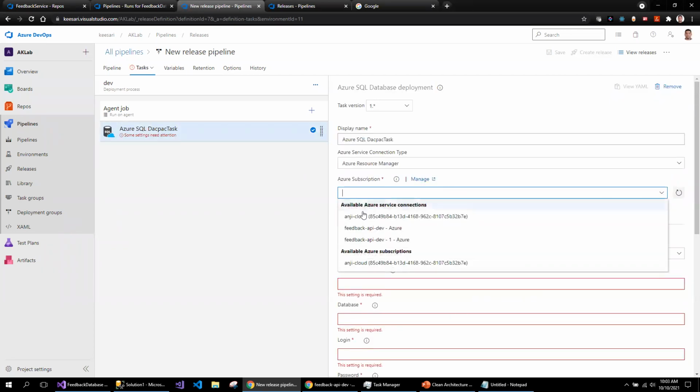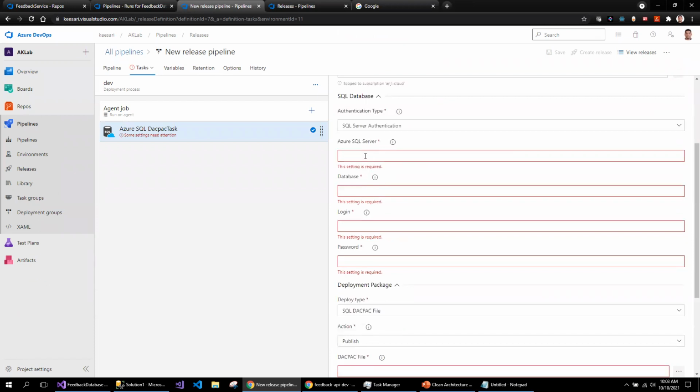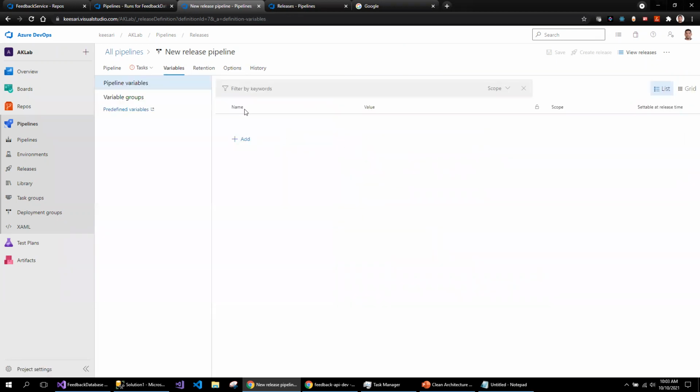What I need is the subscription. I'm going to use the same subscription, my Azure subscription. I need to provide the server name, database name, login and password, so I'll be using release variables this time.